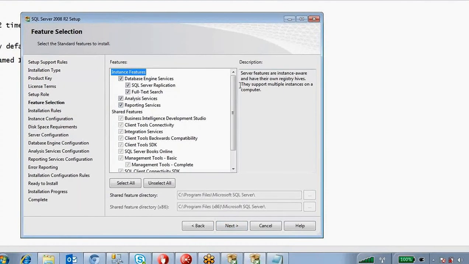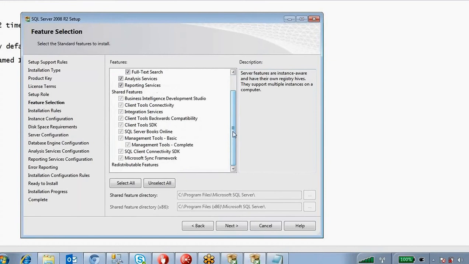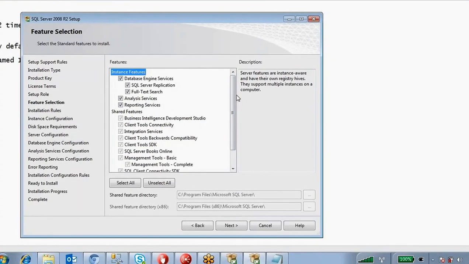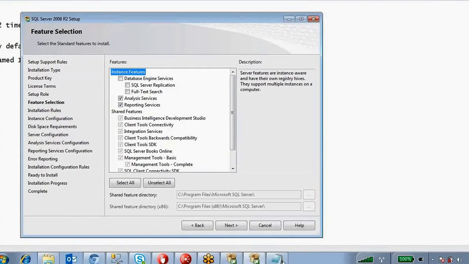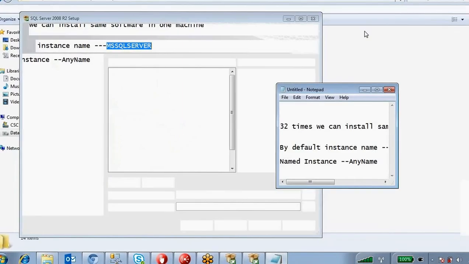If you see here, what are the things you are going to install? One important point: this database engine service means SQL Server Management Studio.